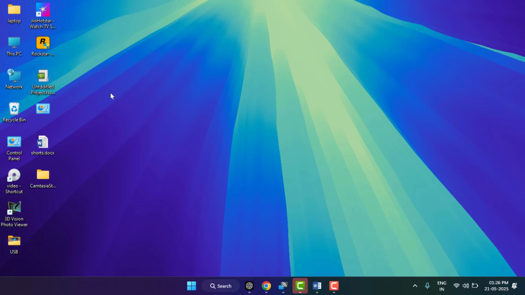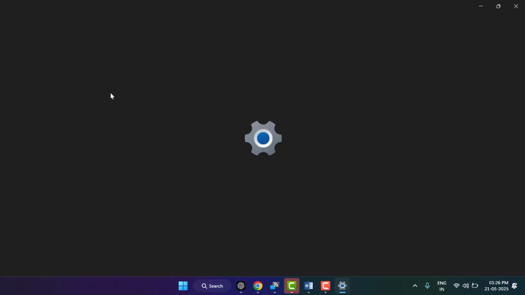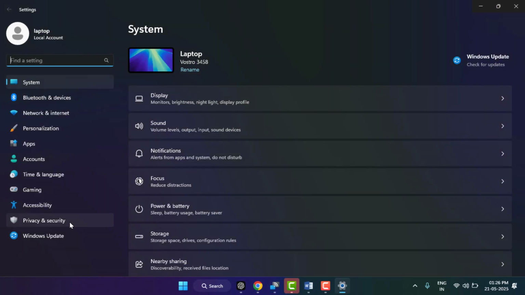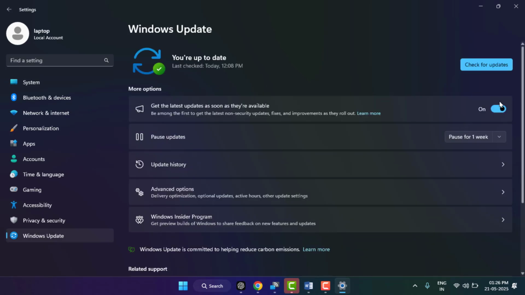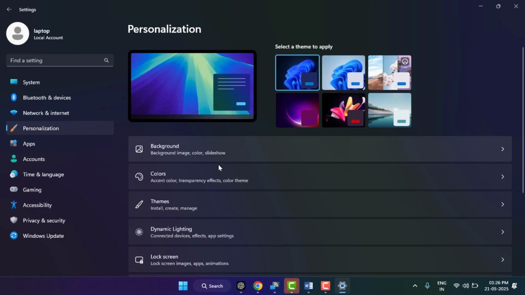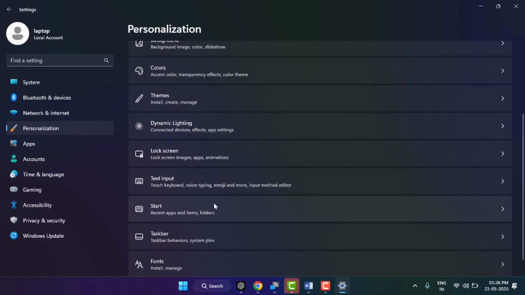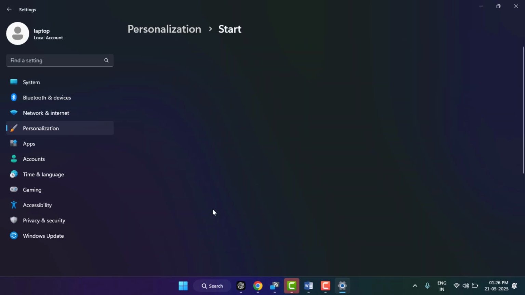For this, first you need to update your PC to use this feature. Open Windows settings, go to Windows Update, and if an update is available, simply go ahead and update your PC. After updating, in the left panel you can get the option Personalization. Just click and open it, and in the right panel scroll down slightly, open Start like this, and here